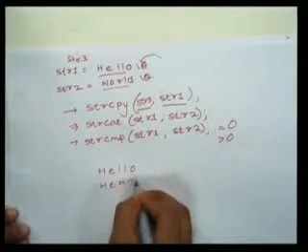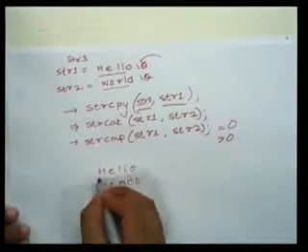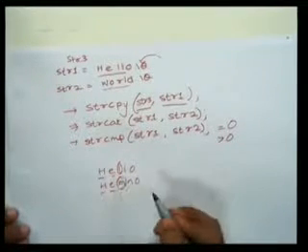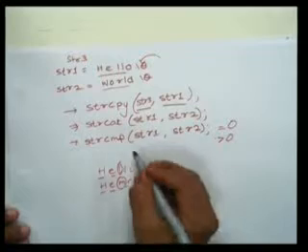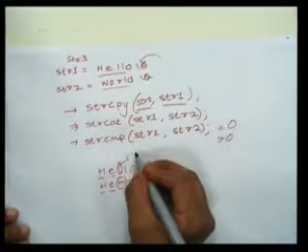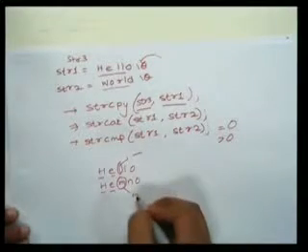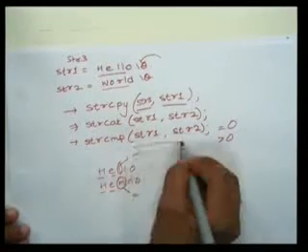M N O, something like that, right? The first two characters are the same in both strings, but now these two are different, right? So the ASCII value of L will be considered, and the ASCII value of M, right? And the difference between these two will be the result of this operation.